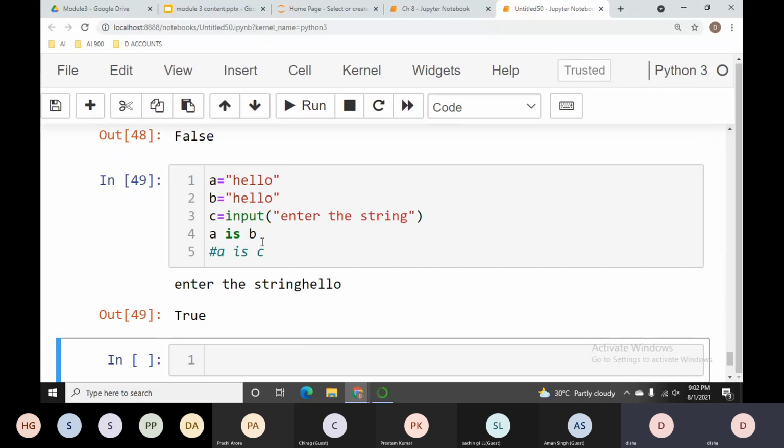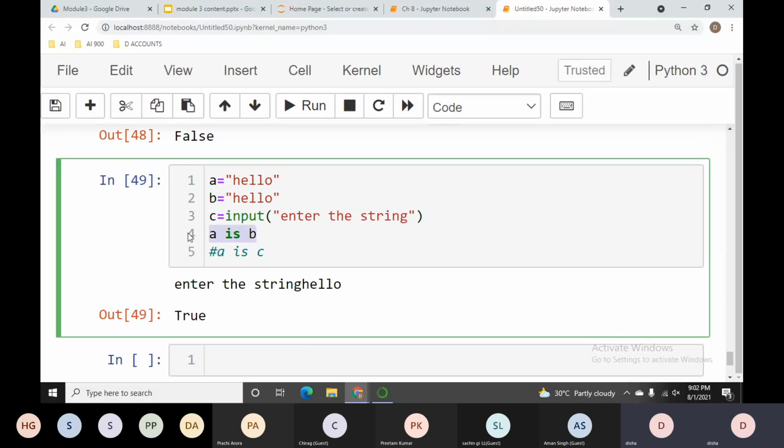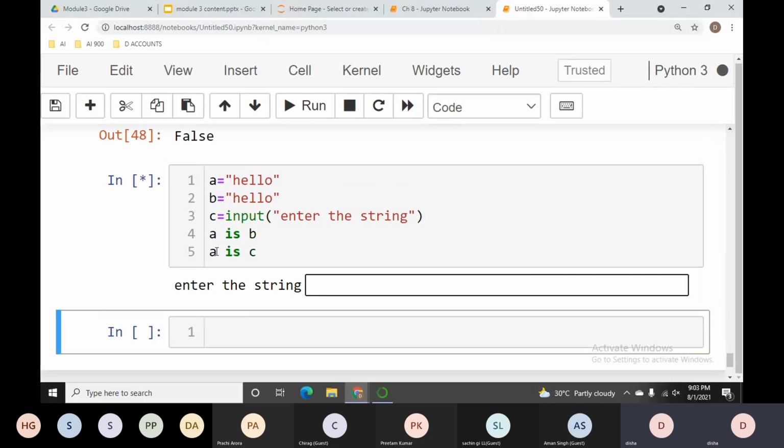What happened? I said A is B. Yes, A is B because both strings are the same, meaning both strings have the same identity, or the same memory address. That's why we got the result true, right? But for C, I entered the same string again, yet Python assigns a different memory address to this string. So when I check A is C, this gives me the false result.